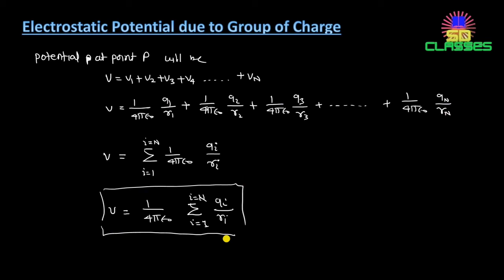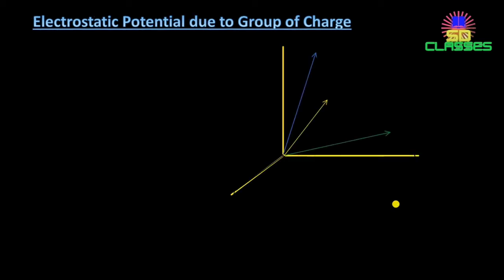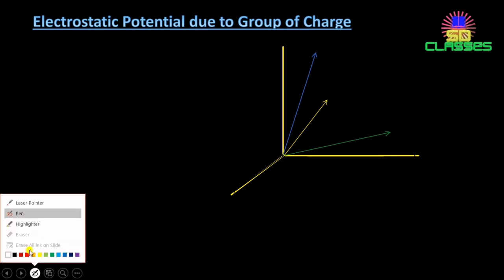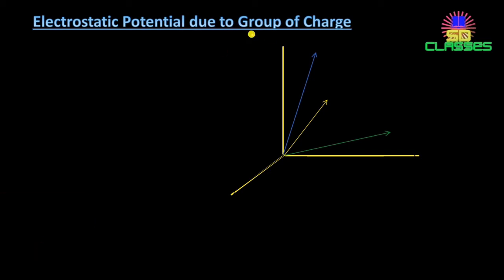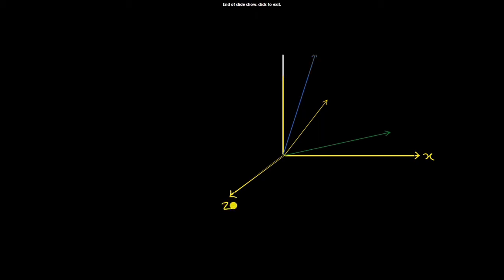suppose now imagine the same concept in vector field. Okay, this addition is in scalar field, right? Scalar addition. What will happen if we do the vector addition of the potentials? Let us see. Now imagine this Cartesian coordinate. So this yellow one is your Cartesian coordinate. Let me show. So this is your y-axis, this one is your x-axis, and this is your z-axis.